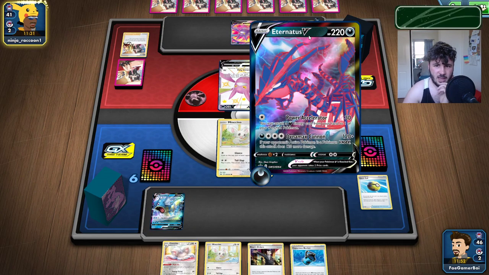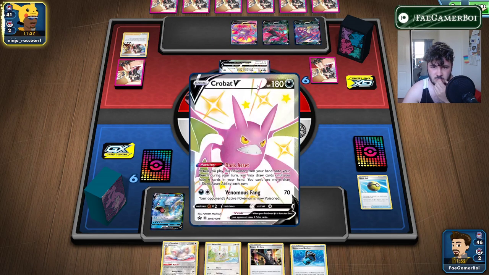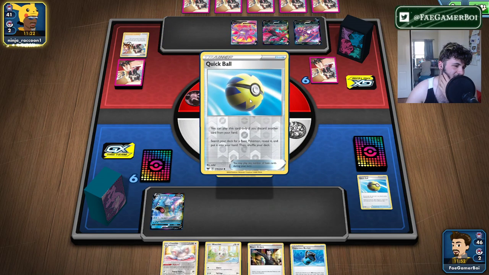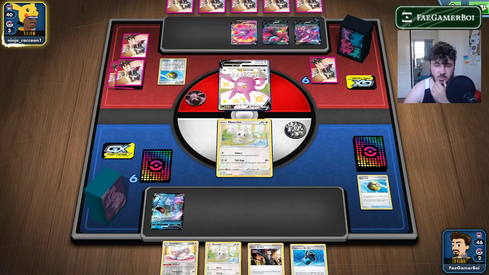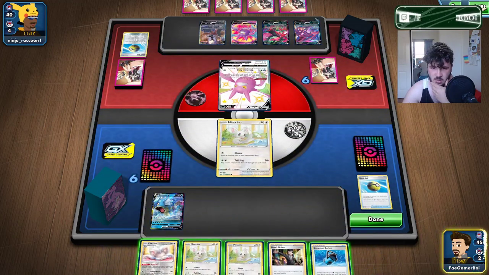I think one of the most powerful parts of Eternatus is that you can just run 4 Crobats. So, pretty... Eternatus. Yeah. They discard a Crushing Hammer and they pull Umbreon V. Okay, so they've got some spooky stuff in this deck. That looks like it's all they can do though. So let's...